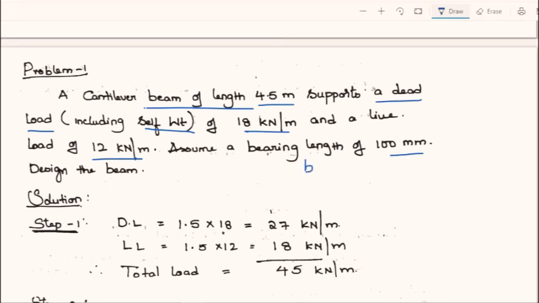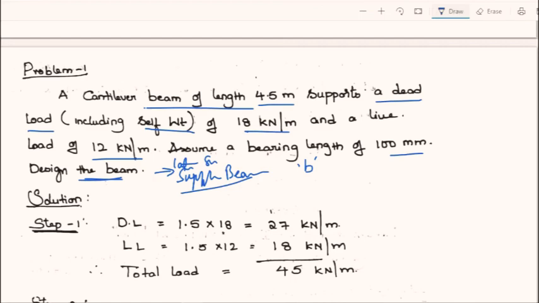Of course, I told you that this is B, small b. And if it is not given in the question, you can simply take it as 100 mm. Design a beam. So here he meant a laterally supported beam. We are dealing with the laterally supported beam. So let us solve for this. And remember, the same beam can be designed for the case of laterally unsupported case also.